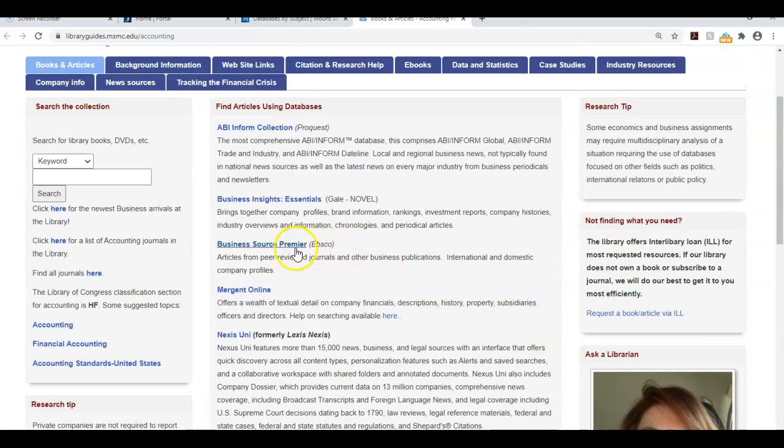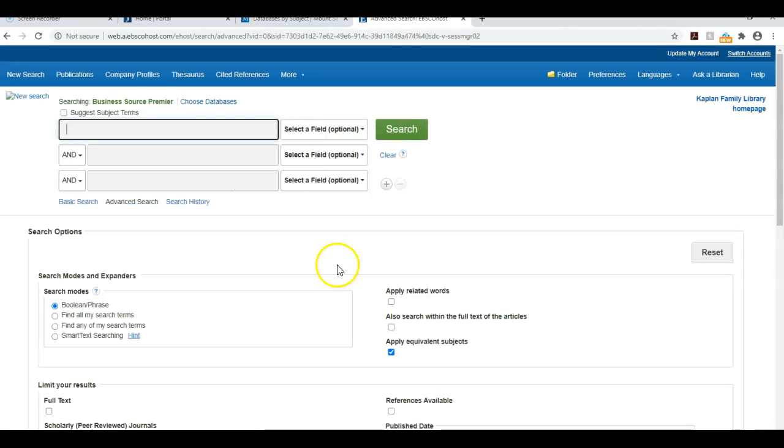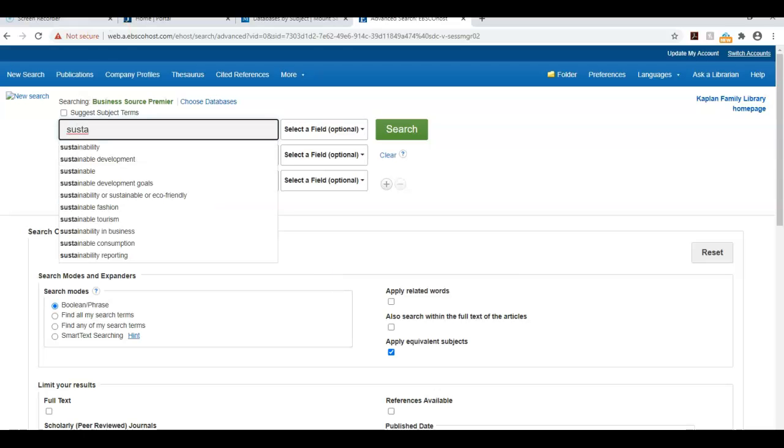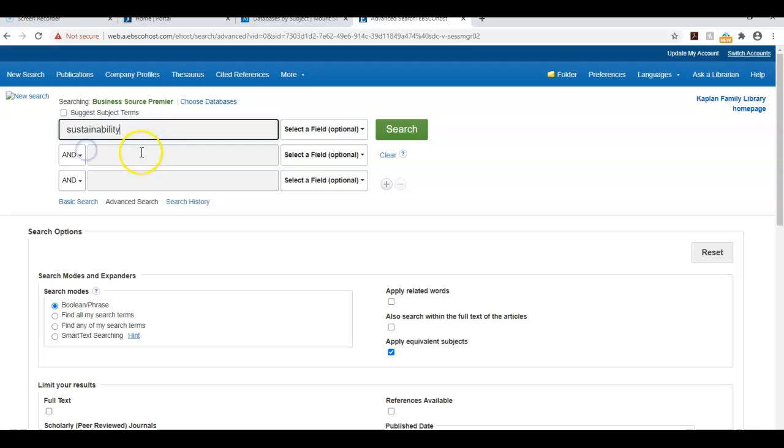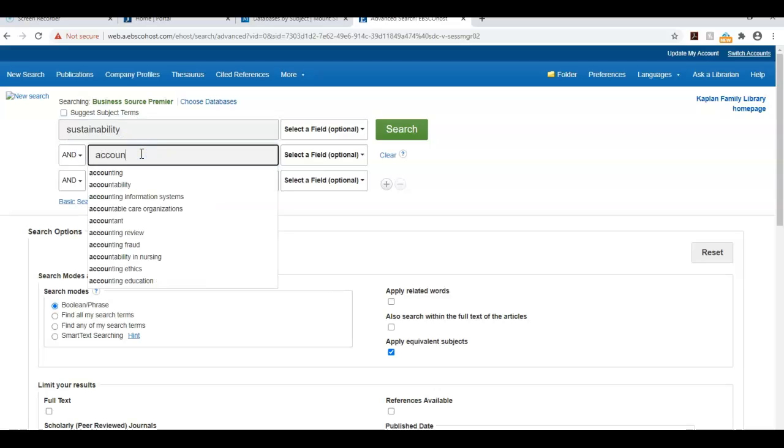Today we're going to search Business Source Premier. And all of the databases have the same functionality. They just look a little bit different and they have different content. So if you search one and you learn how to do it, you can use the same skills in other databases. So if we were interested in the topic of sustainability in accounting, I start first with a keyword search,